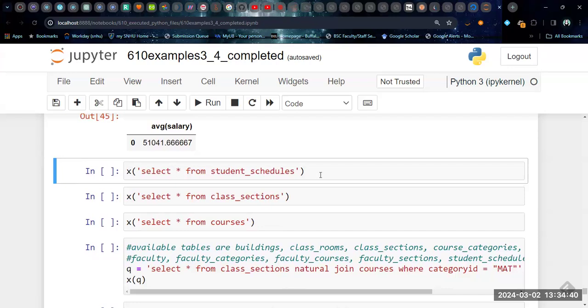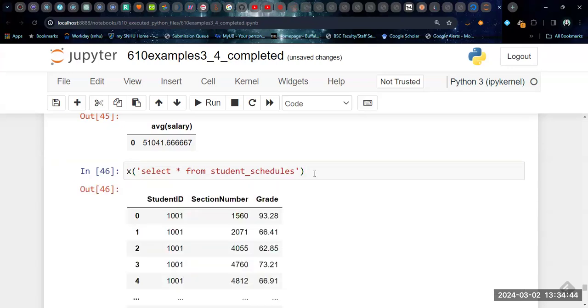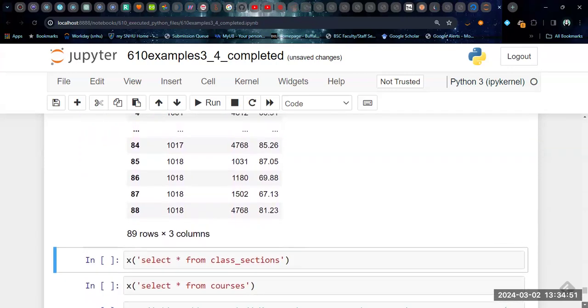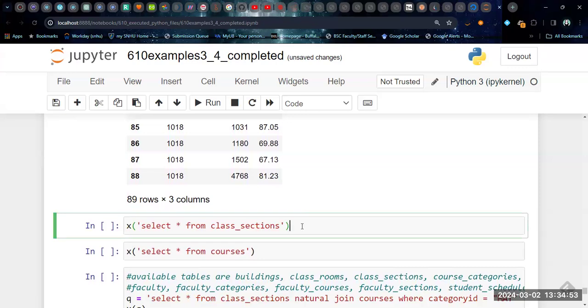Select star from student schedule. So there are many, many tables in this database. So we're just pulling out an example of the student schedules. From class sections,